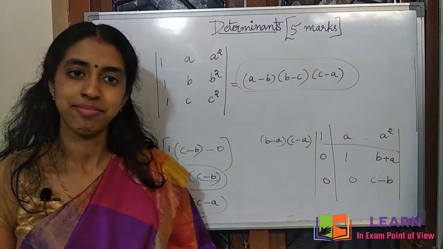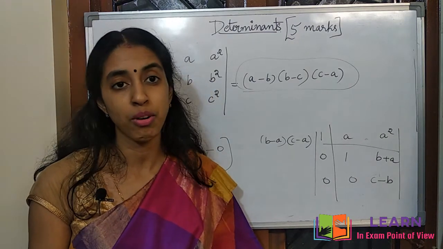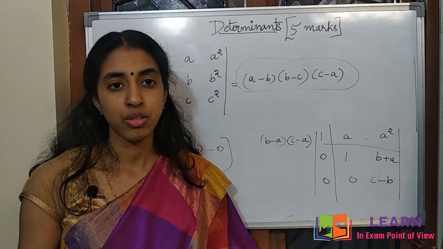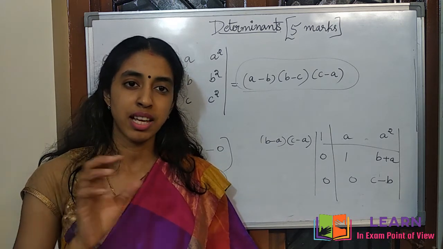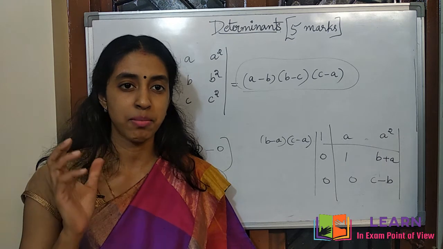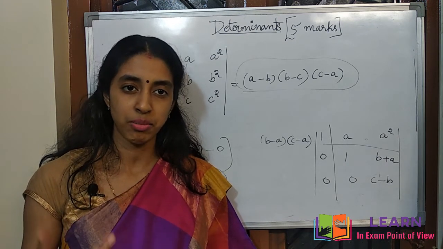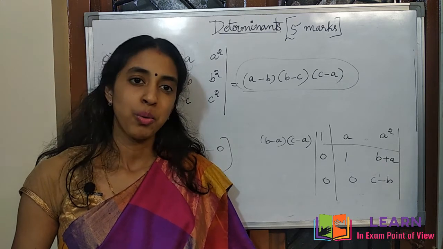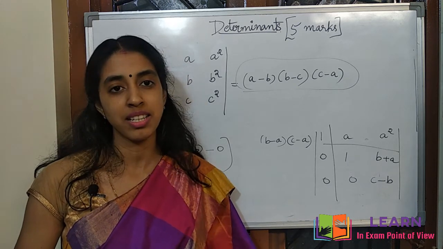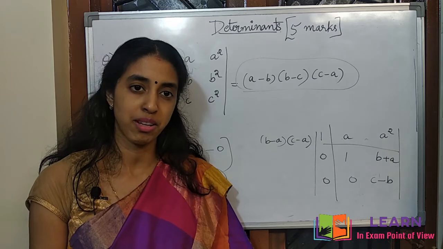It's clear. So this type of proof is important in determinants. Usually it can be asked in the 5 mark section. So keep practicing. This elementary operation you should just memorize, okay. On practicing you will find it easier. So by next class we can study other important 5 mark questions. Okay.